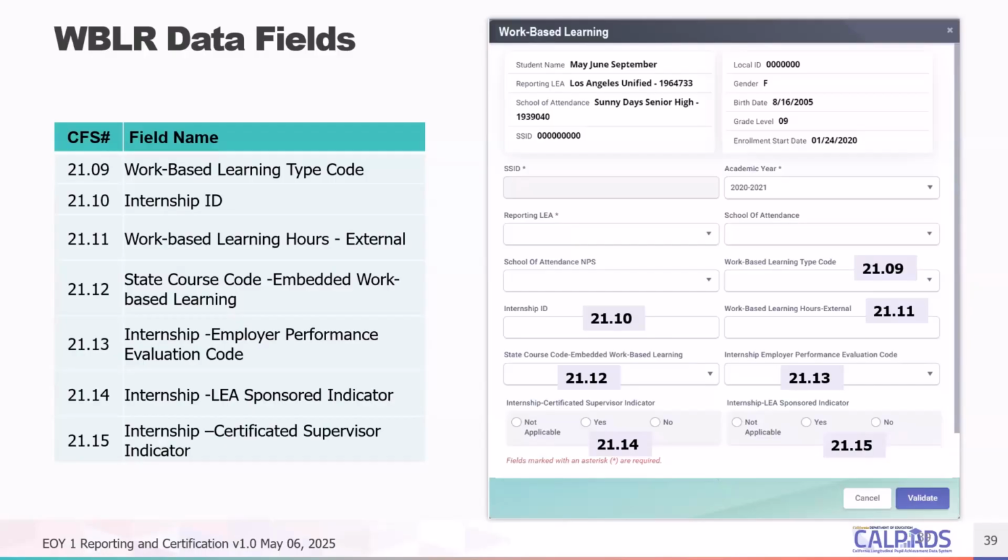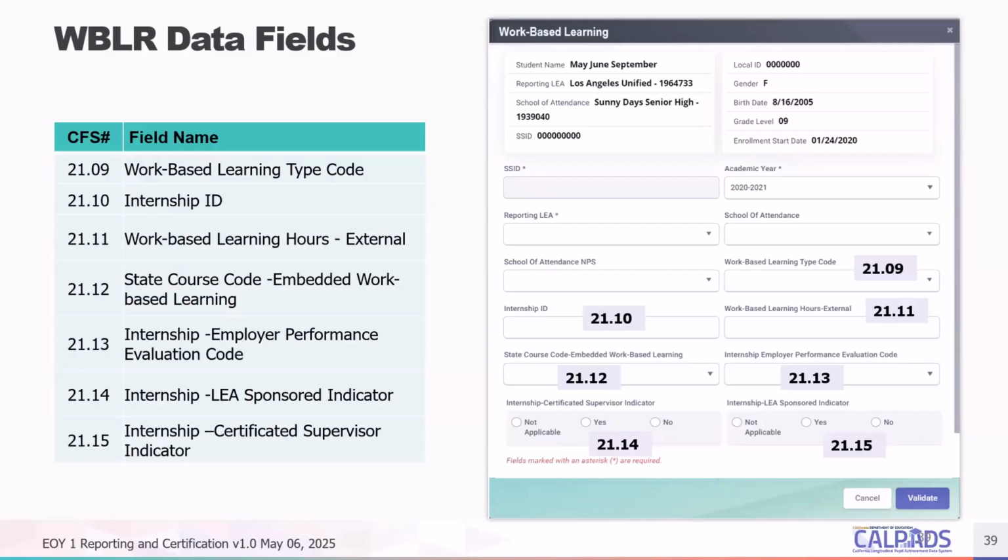The internship certificated supervisor indicator: if the internship was facilitated through the school by a certificated supervisor, so a teacher, probably the instructor of the course that's related to the internship, it would be a yes. If it wasn't provided through the school, it could be a no. And then the internship LEA sponsor indicator: if the school assisted the student in finding the internship or facilitated it, this is a yes or no value.